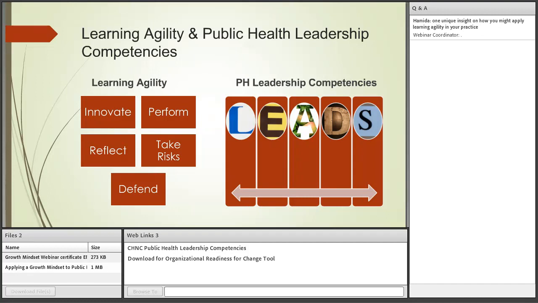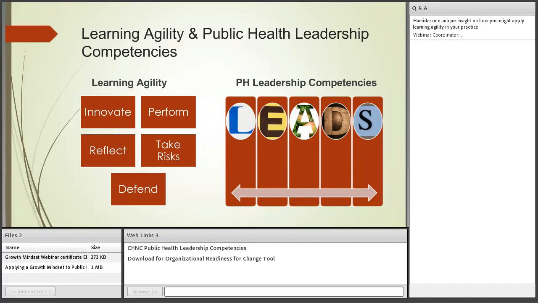What I find is that if you're looking at the LEADS framework, the L stands for leading self, the E stands for engage others, the A stands for achieve results, the D is developing coalitions and partnerships, and the S is systems transformation. So that's on the right. When you are going to apply the learning agility components, there is the